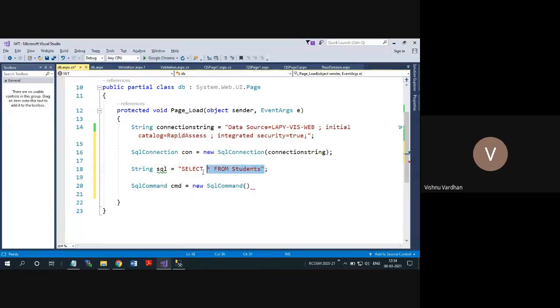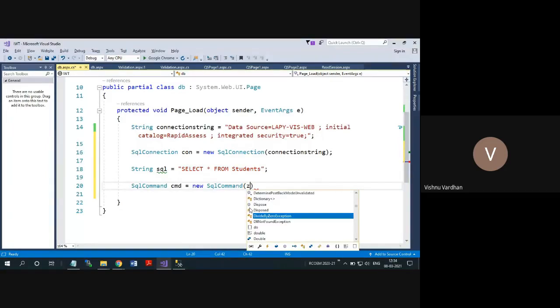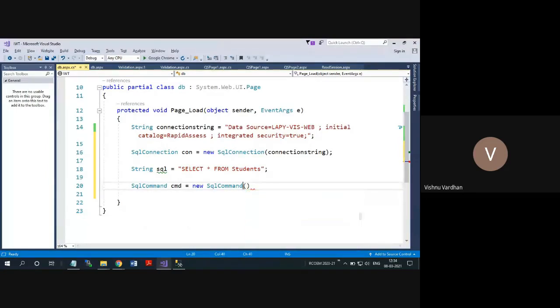That means you can directly copy this and paste it into this, so that is also possible. And one more constructor is the second one, string, connection, and transaction. So in that way, multiple overloaded methods are supported.